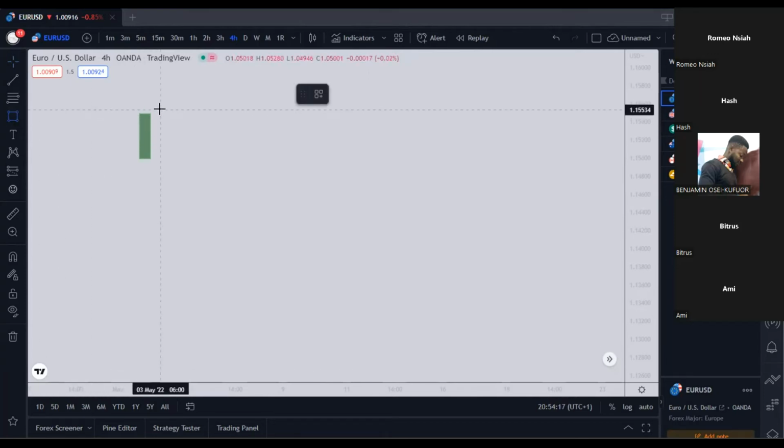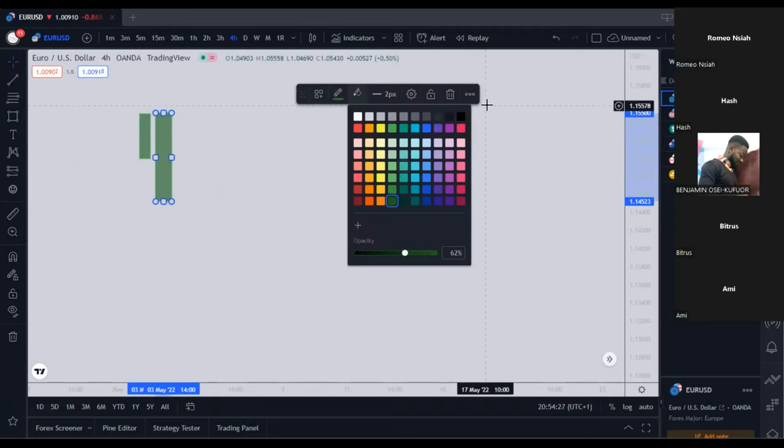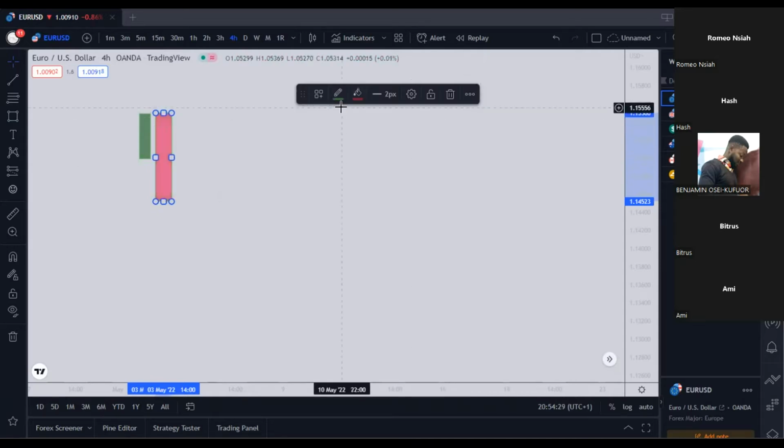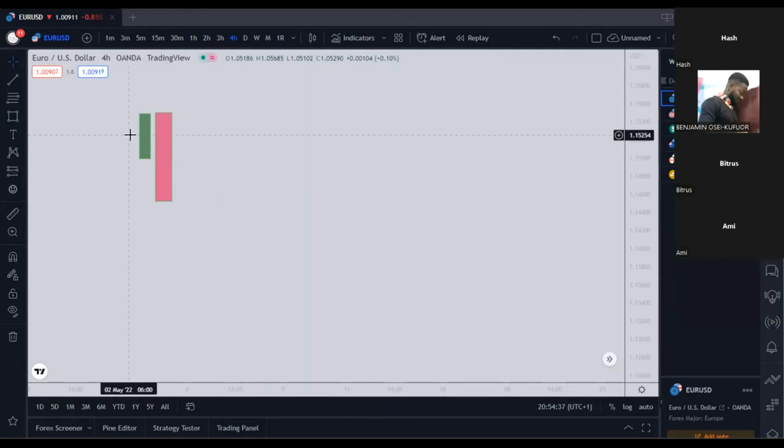How then do I identify an engulfing candlestick? A candlestick open. Good. Please, I will not waste time bringing wicks. I'm going to show them to you on the chart. Now, so when you see this pattern,